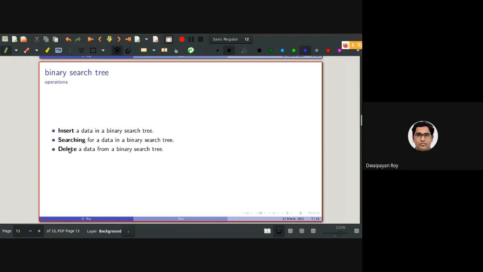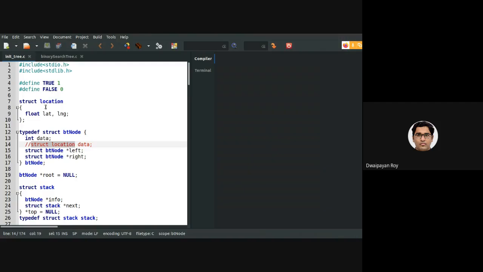So first of all, to make one node of binary search tree, can you say whether it will be different from binary tree? My question is, to implement one binary search tree, whether we need to define a different abstract data type than the BT node that we have already defined.